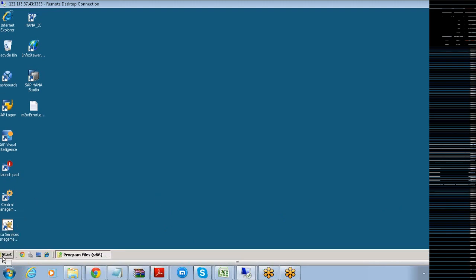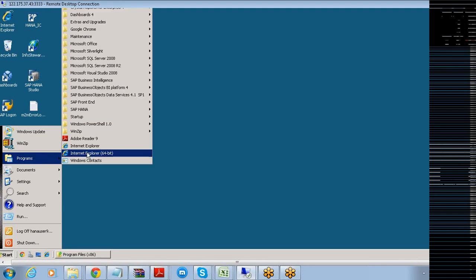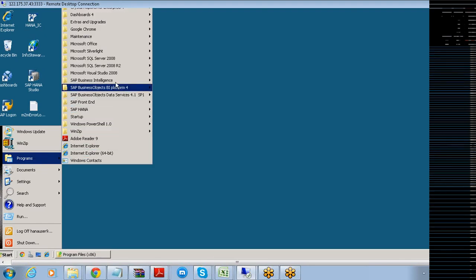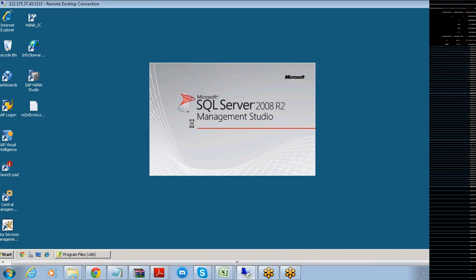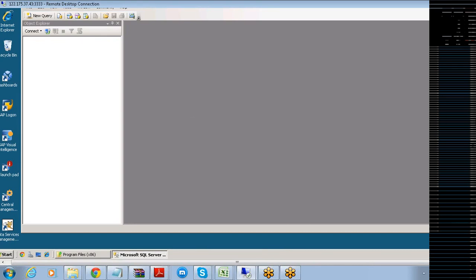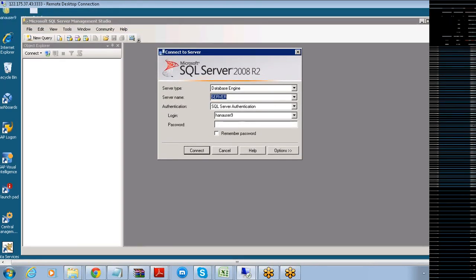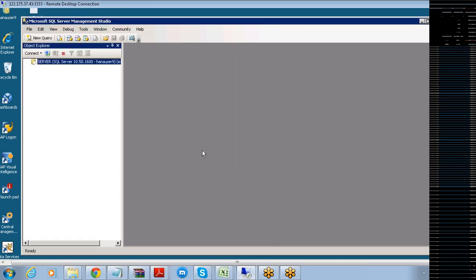I'm going to the SQL Server right now. Please follow carefully the steps I'm doing here. I'm going to the SQL Server Management Studio, and click on this connect button here.